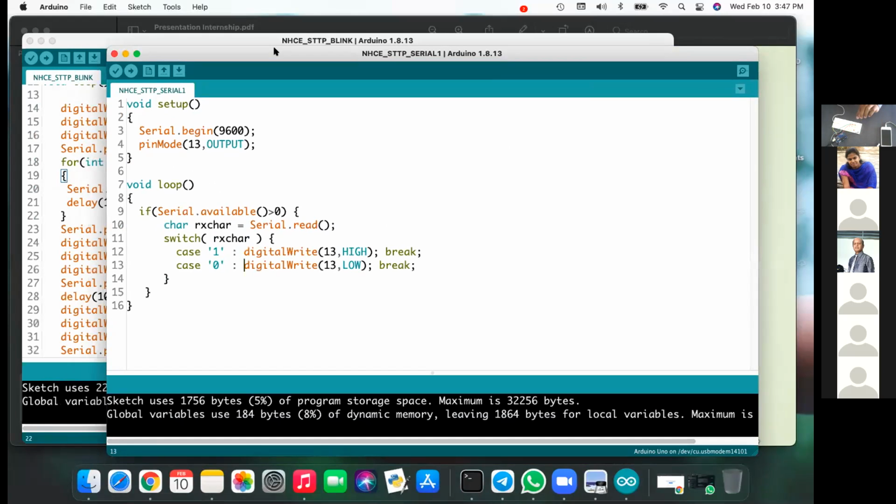If the user has entered B, then there is a blink LED pattern. Okay, so one program contains more than one program, and which program has to be executed, the user has to give the input. That is, for blinking type B, for running type R, like that.